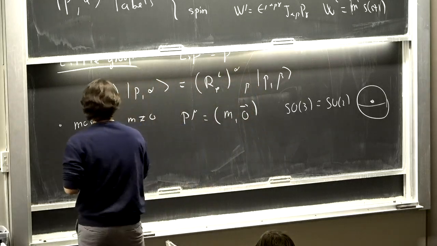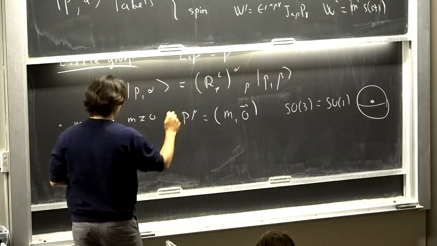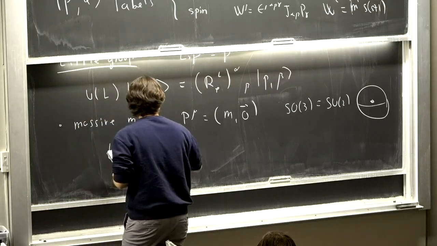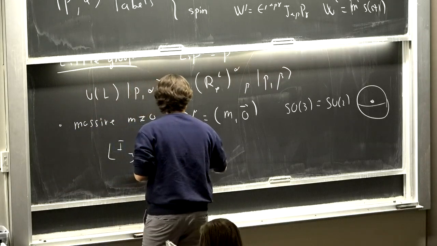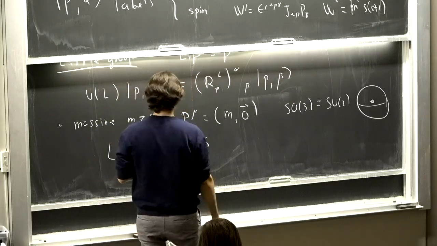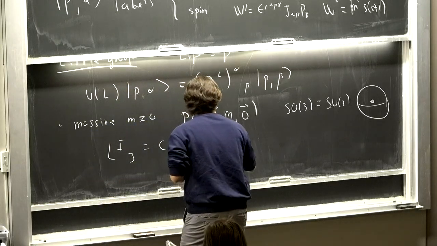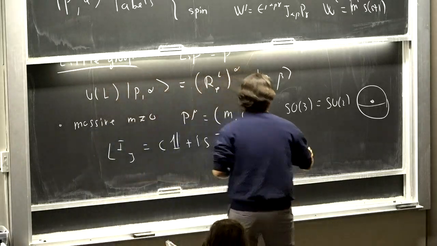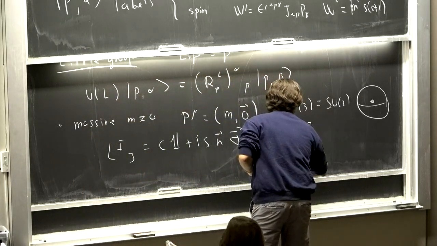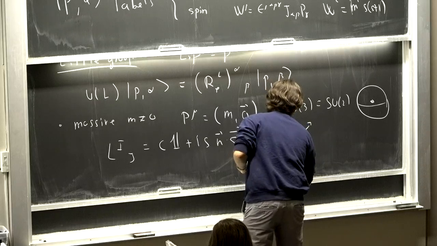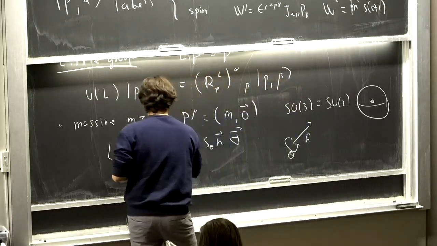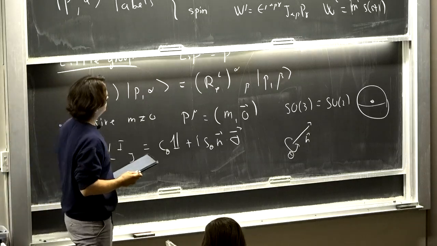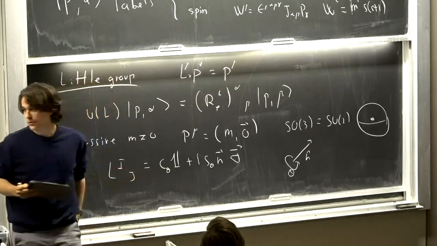Okay, so in general, a matrix in this SU2 language will look something like this. Constant identity plus, so this is some cosine of some angle, this is a sine of some angle, and there will be some direction times some Pauli matrices. You can think of this vector n, and then there's some angle that appears in the sine and the cosine. Okay, and what are the irreps of SU2?